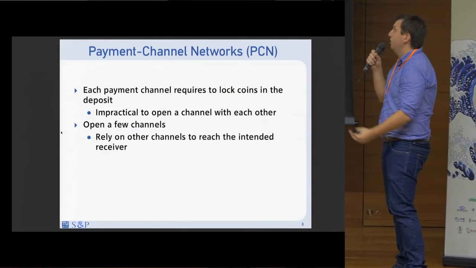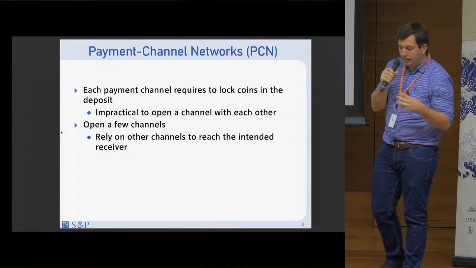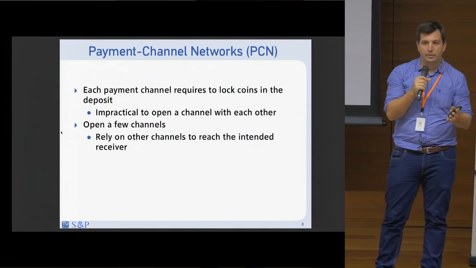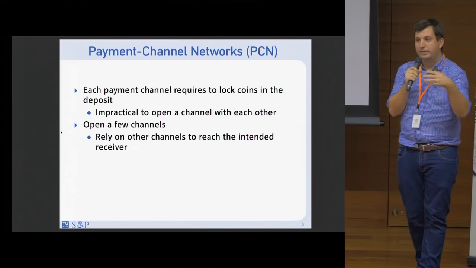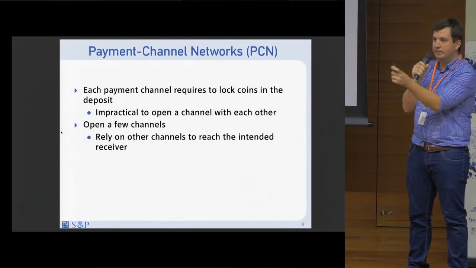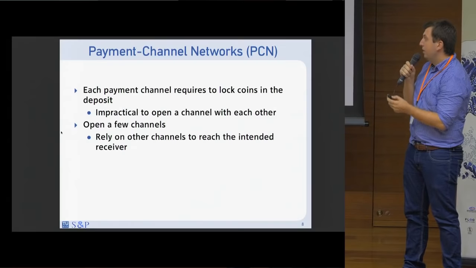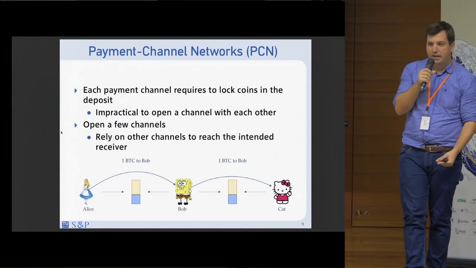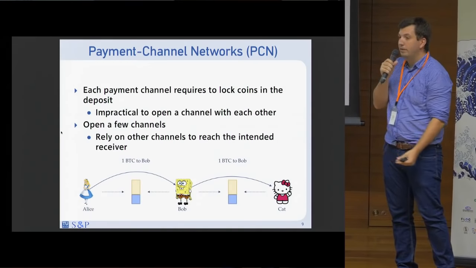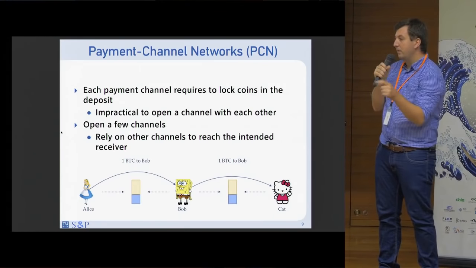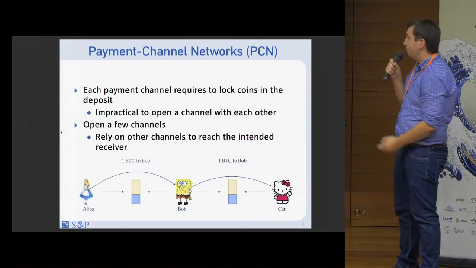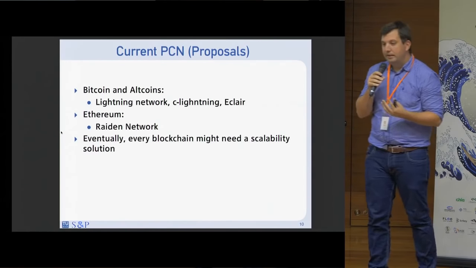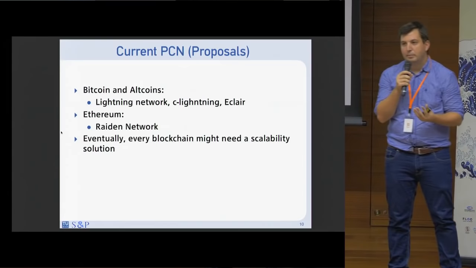So the idea of the payment channel network is to try to reach a receiver using the few open channels that we open, and hope that there are other payment channels that we can use as intermediaries in the payment. So as an example, imagine that Alice wants to pay the cat, but she doesn't have a channel with the cat, so probably Alice will find a path through Bob to reach the cat. And this is the main idea of the payment channel network,